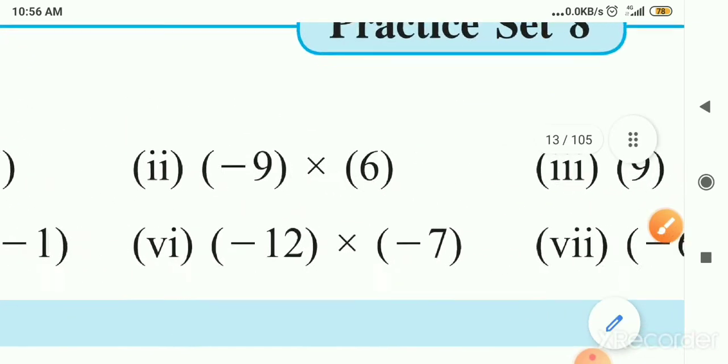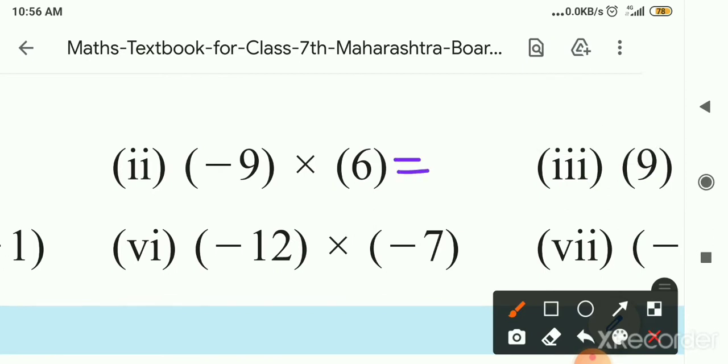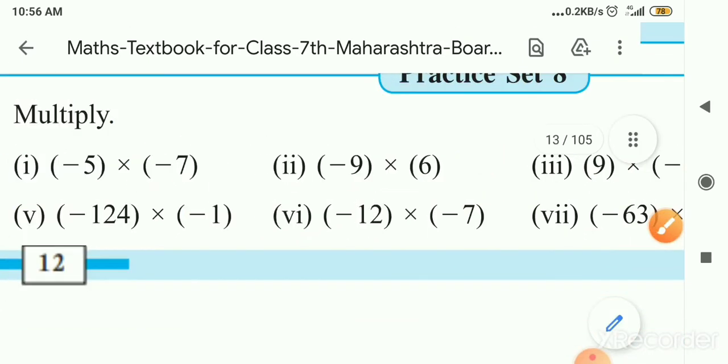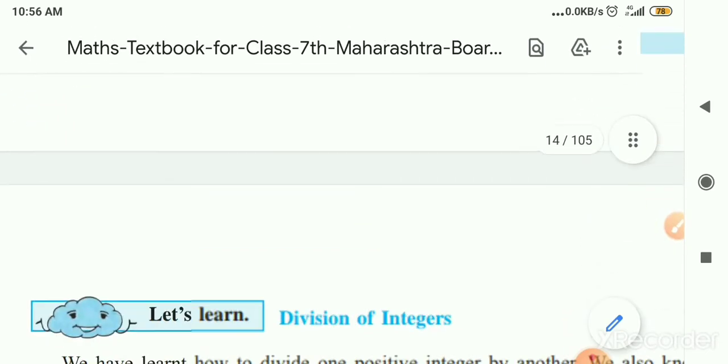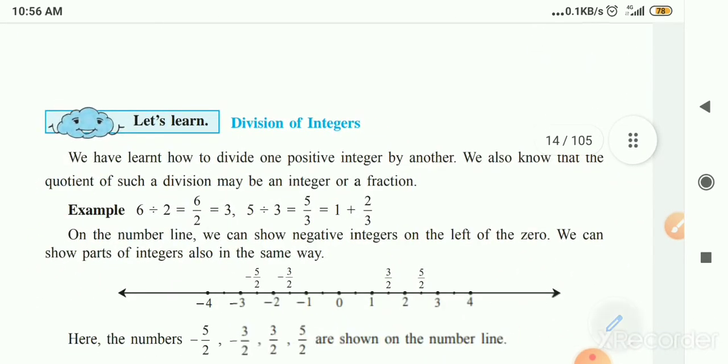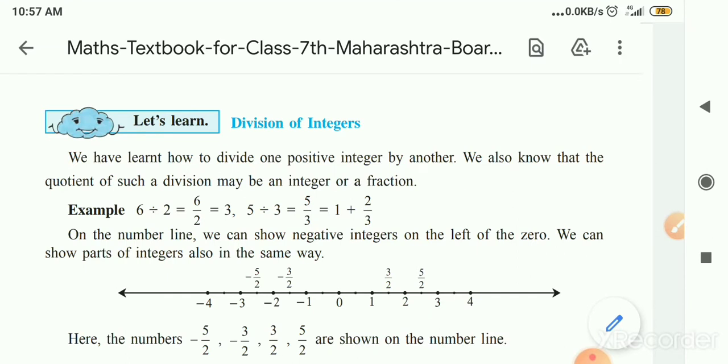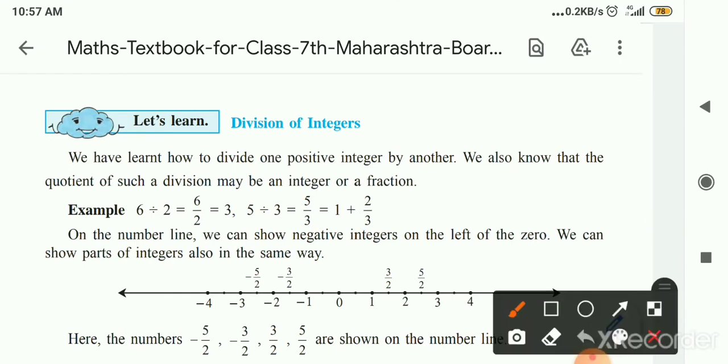And if the numbers whose multiplication we are doing have different signs, here it is negative and here it is positive, so 9 6s are 54, and plus into minus gives minus. So minus 54 is the answer. From this, what I told you is that if both numbers are negative or both positive, the answer gets the positive sign, and if one of the two numbers is positive and the other is negative, the answer gets the negative sign. Okay, so according to this, some students who sent me homework yesterday, just correct the examples I told you, wherever the mistakes are.